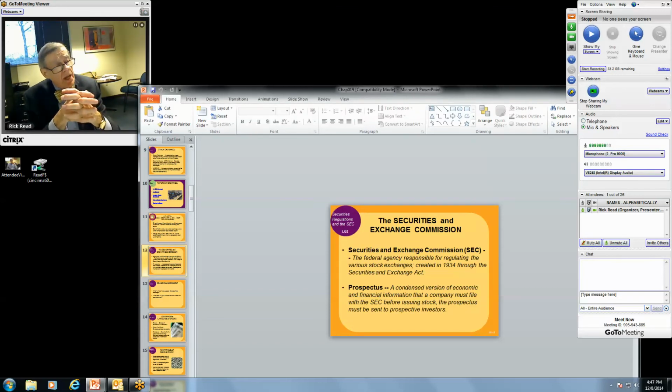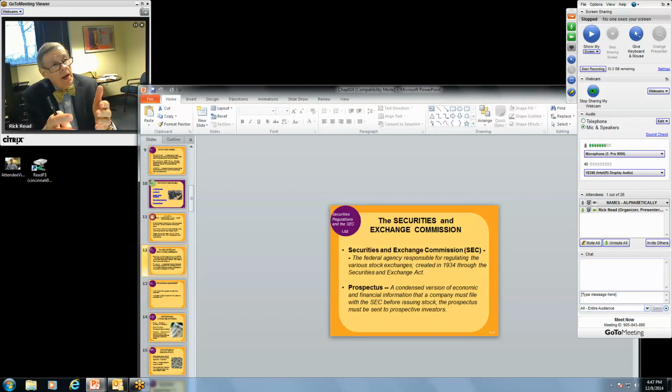The Securities and Exchange Commission is the watchdog over Wall Street. It was implemented as part of President Franklin Roosevelt's New Deal administration. His first administration came into office in March 1933. And the first chair of the Securities and Exchange Commission was Joe Kennedy. I couldn't think of his first name for a second. The father of President Kennedy and Senator Robert Kennedy and Senator Ted Kennedy, who died just a few years ago.